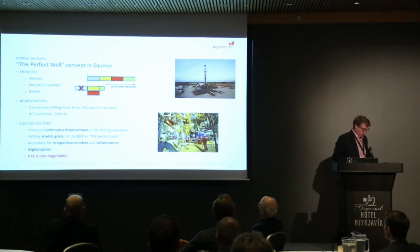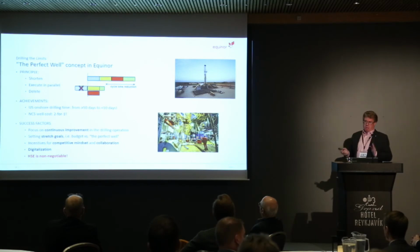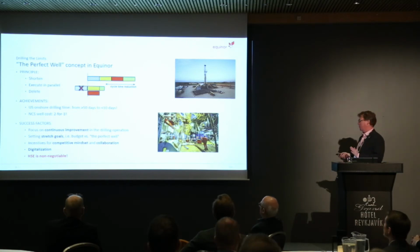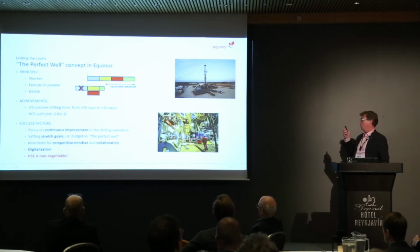I'll jump right into it. Why do we actually see an interest in this area? We see that we have tremendous cost cuts within solar and wind in the renewables, and hardly any cost efficiency improvements in geothermal if you look back 5 to 10 years. Something has to happen, and we think drilling and well cost is one key issue that could easily be tackled